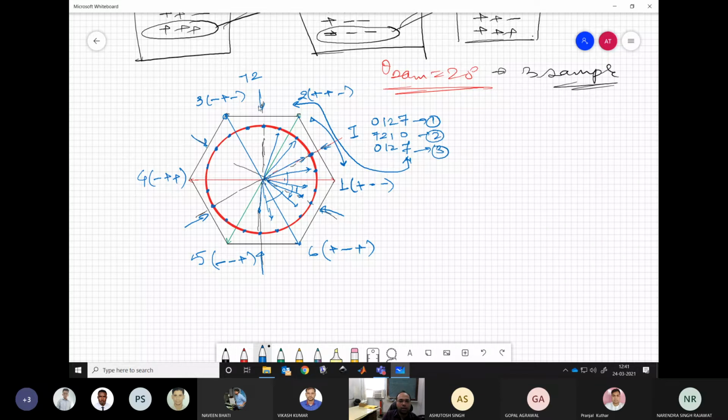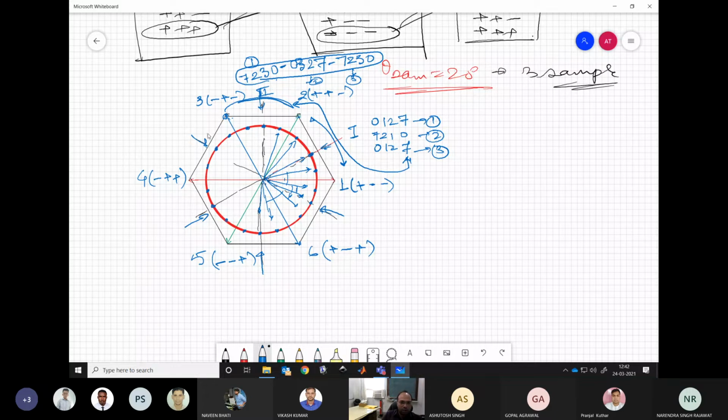Now again when we start the next sector, the second sector, we start with this 7. This was the ending 0 vector, and what we can do, we can apply 7, 2, then 3, and then 0. These are the active vectors associated with this sector. So we apply 7, 2, 3, 0, and then the next continuation for the next sample would be 0, 3, 2, 7, and then again 7, 2, 3, 0. So these will be vectors applied for the second sector, these 3 samples.